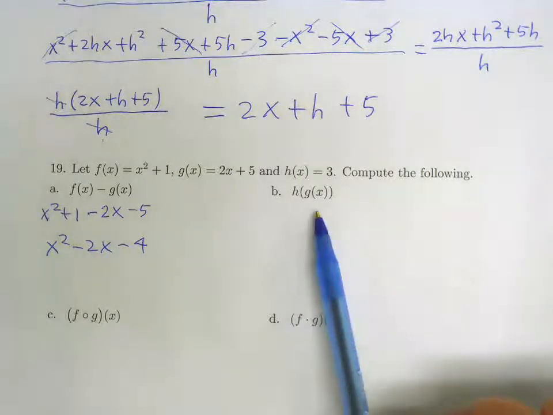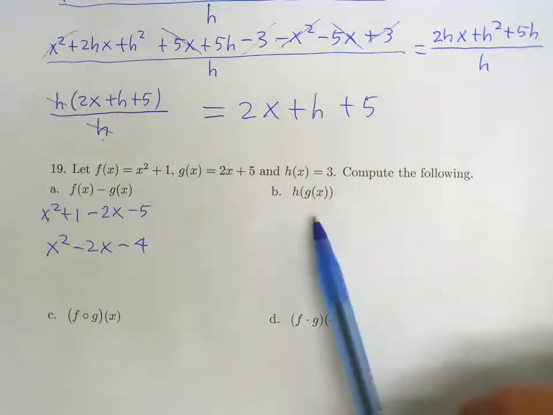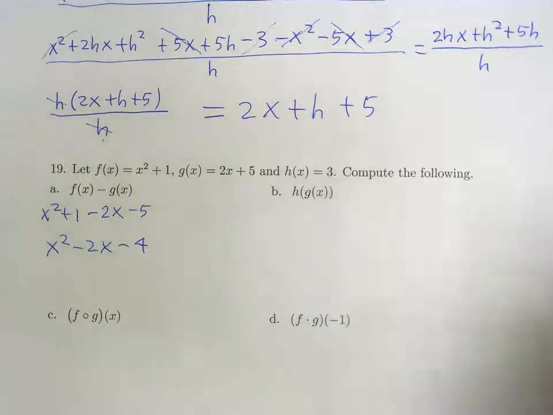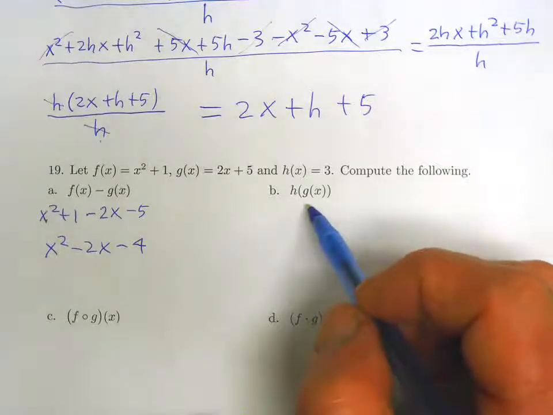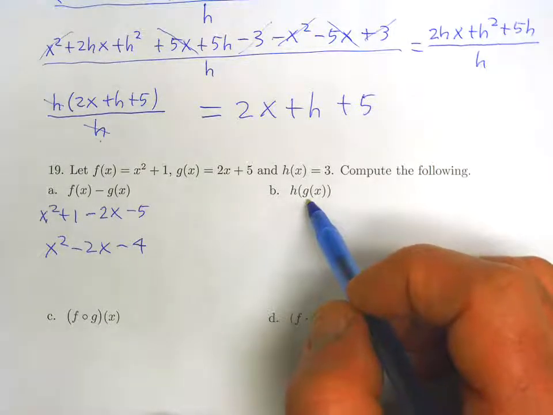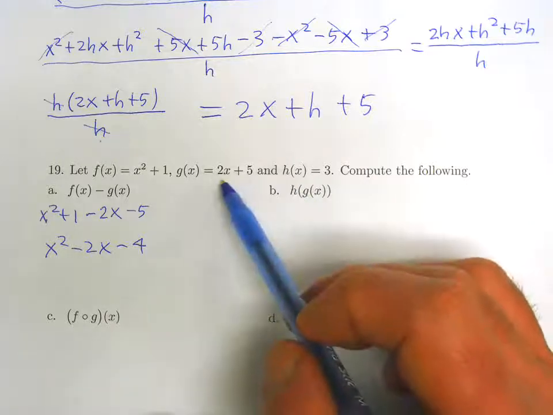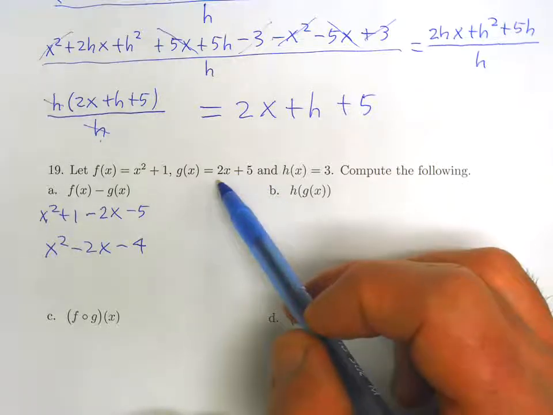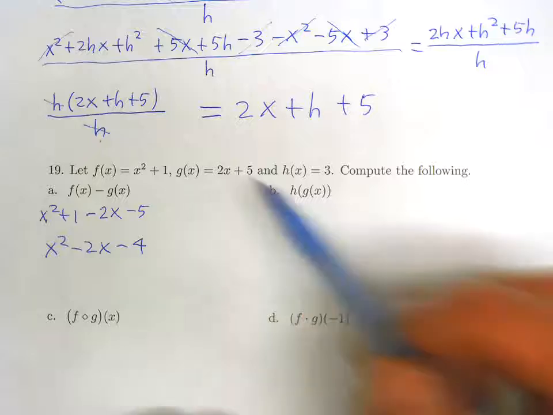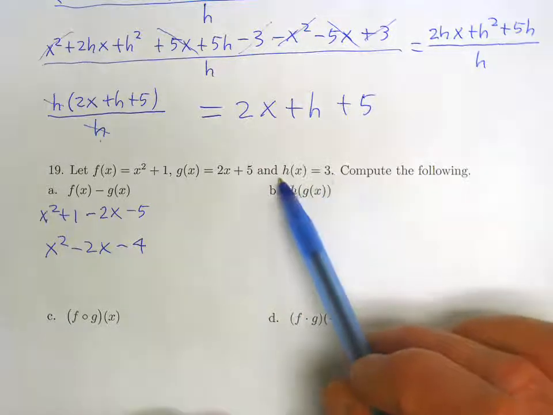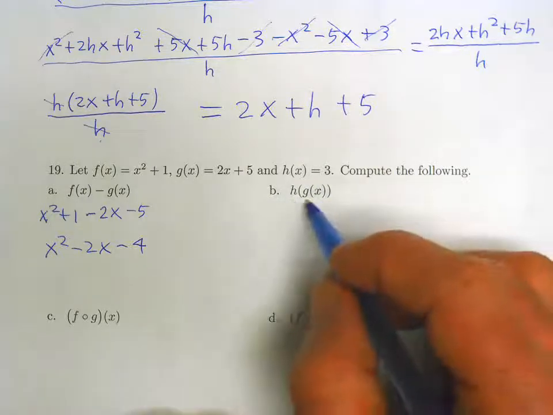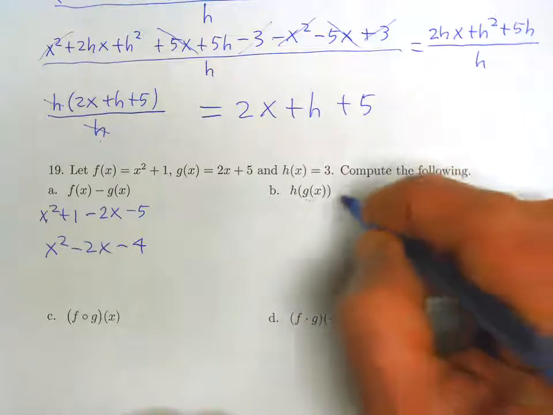Okay, part B, h of g of x. g of x is 2x plus 5, but h of x is a constant, 3. So as long as g of x is in the domain of h, and it is, g of x, the terms 2x plus 5, just range from negative infinity to positive infinity. And h of x equals 3 is defined from negative infinity to positive infinity. So it doesn't matter what the input is, the output is just going to be 3,